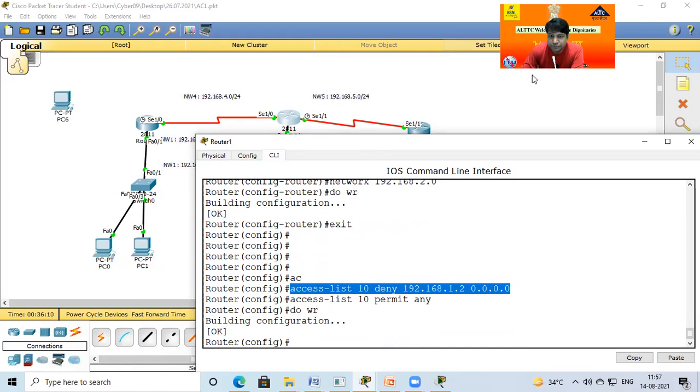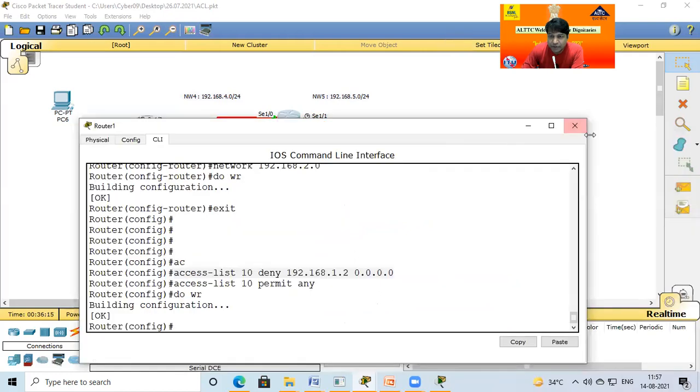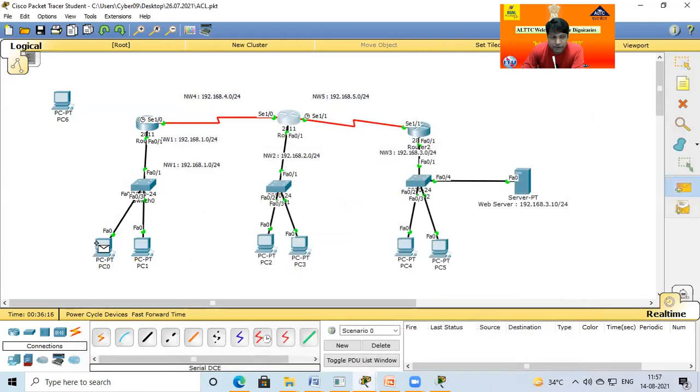Another thing now, before going on, this PC0 is working, no problem. PC1 is working. And again PC0 to the other side is working. And this is also working. Now more.